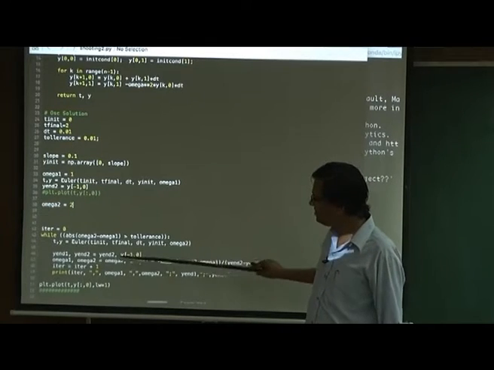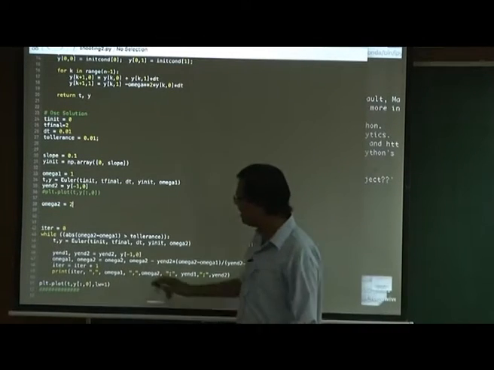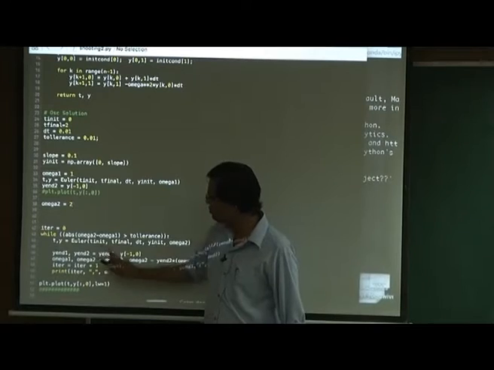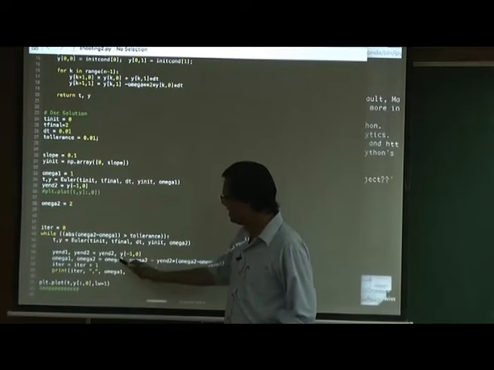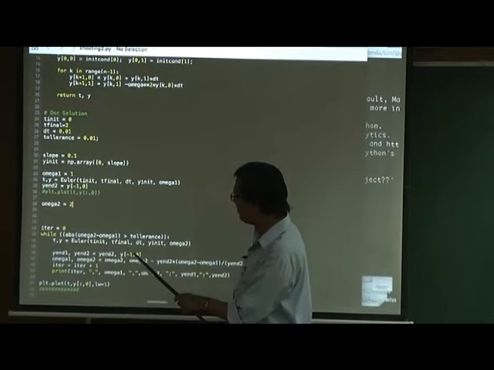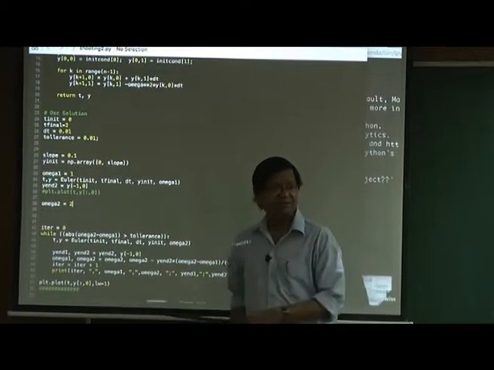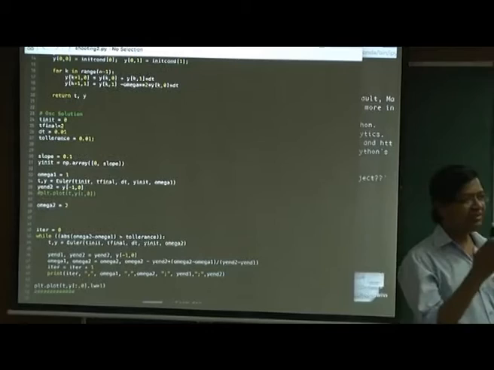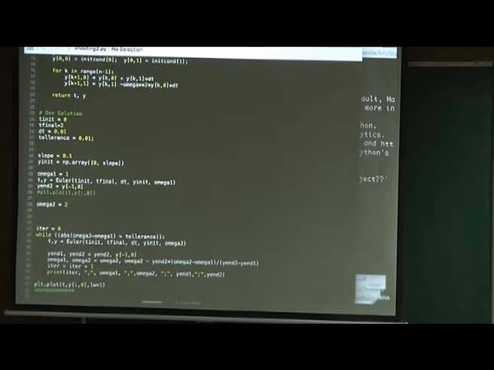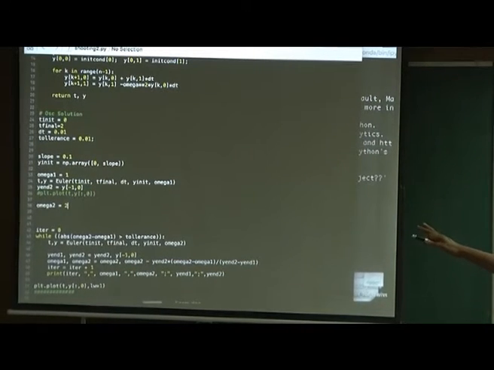This is a nice feature: n1 will be replaced by n2, and n2 will be replaced by the new n1, new n2 coming from this. Otherwise, I would have used a temp variable. So, these 3 lines are done in one line. C code will take 3 lines. You use the temp variable and all that. Here, temp is not required. At least 2 lines is required.